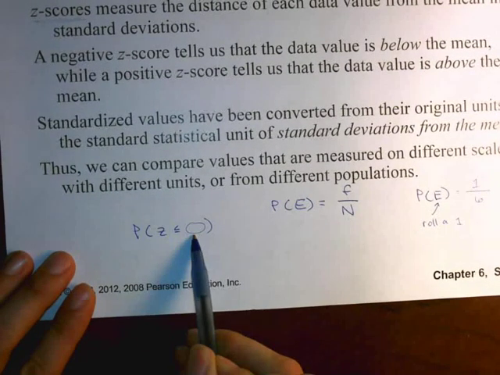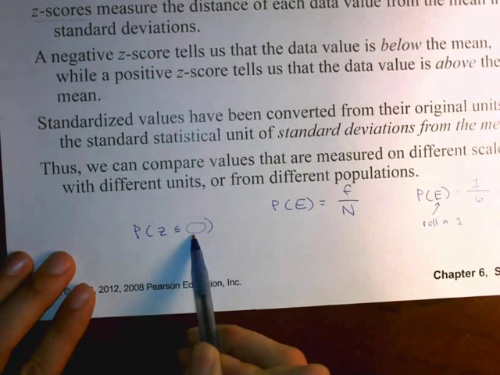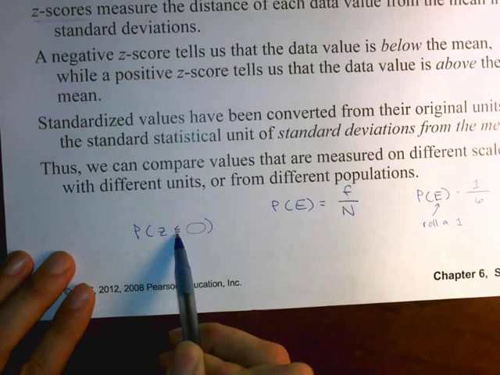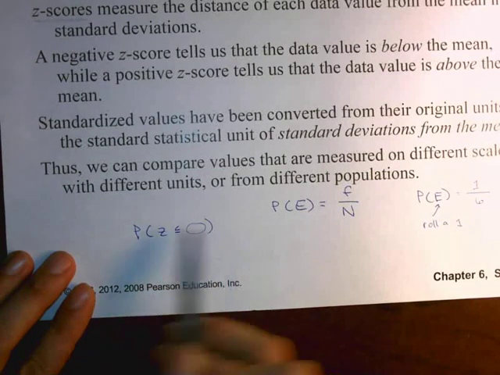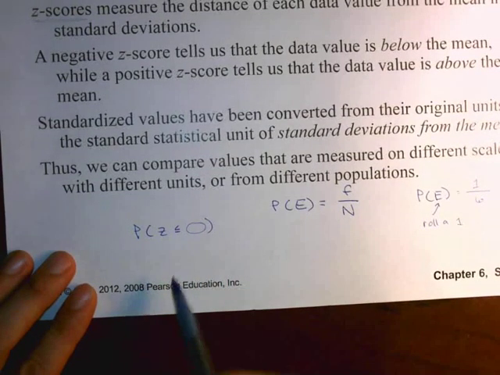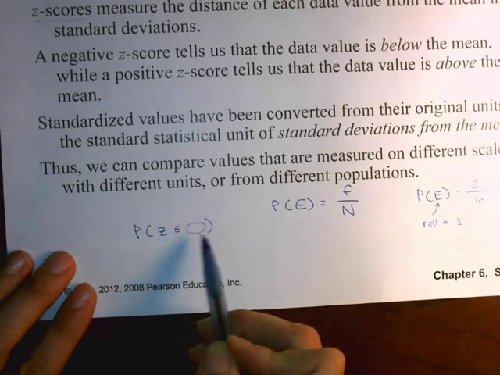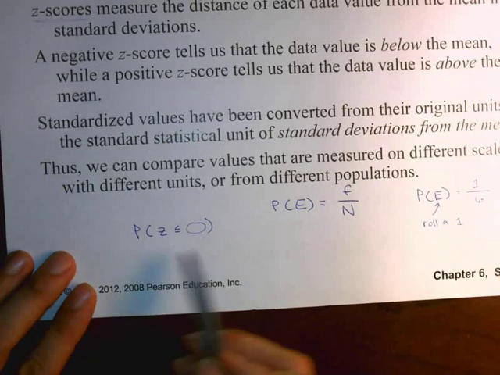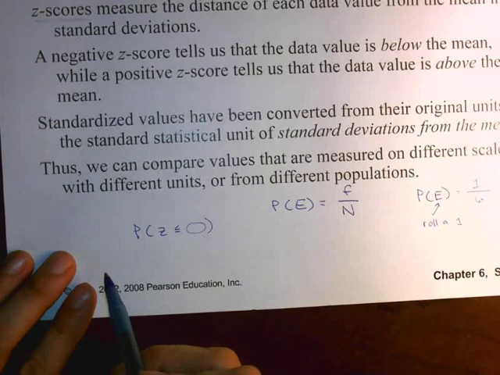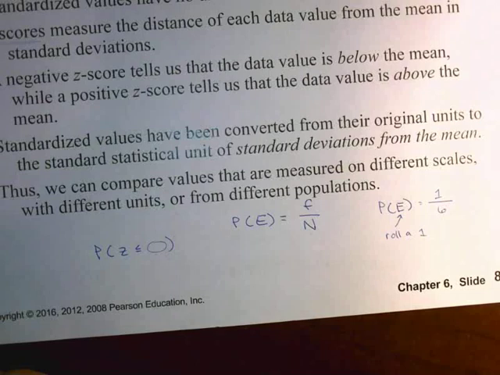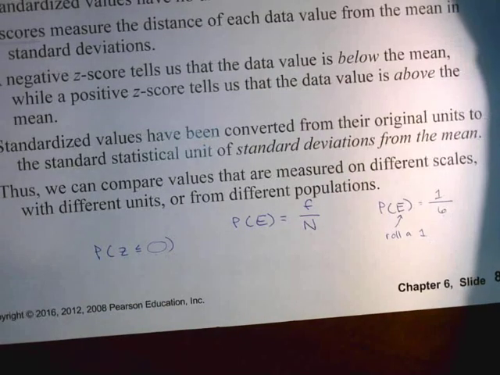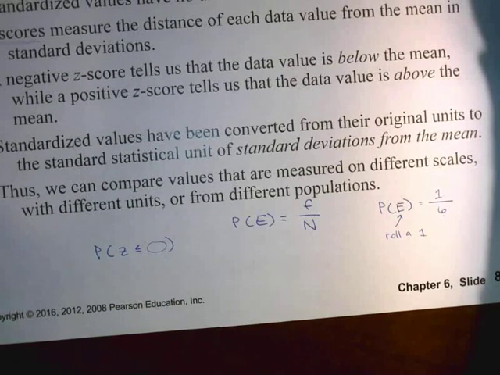And then the last question will be a z-score question where I give you a z. The specific format of it will be that I will ask what is the probability of z less than or equal to some number, and you'll need to look up in the table what that number is. So it won't be a greater than, it won't be between 2 numbers, it won't be some confusing and complicated version of things that we did just now. It'll just be the probability of z less than or equal to some number, and there are 2 of them to look up in the data table. We'll do it as